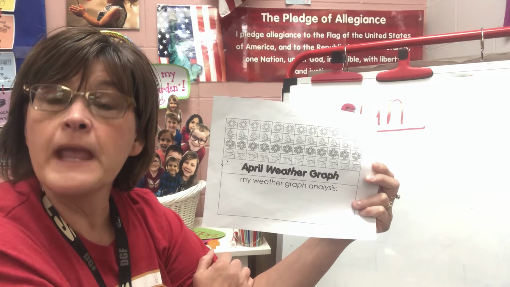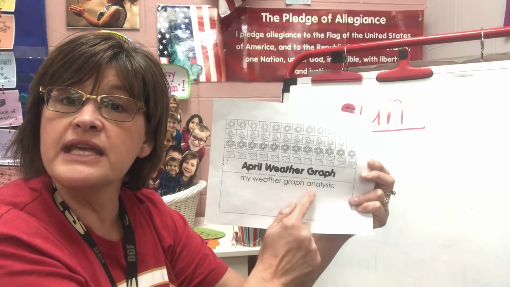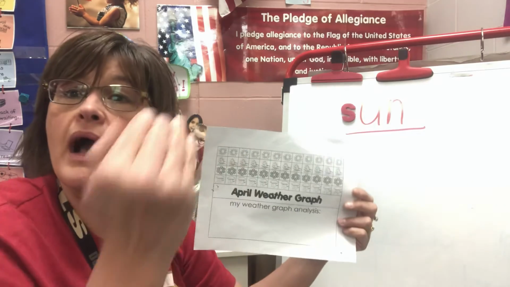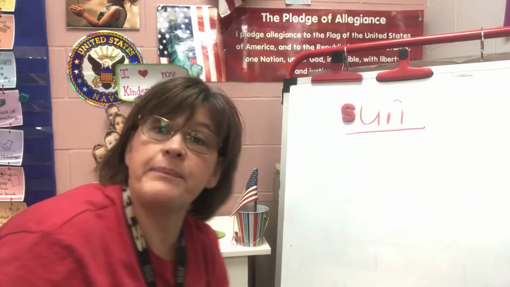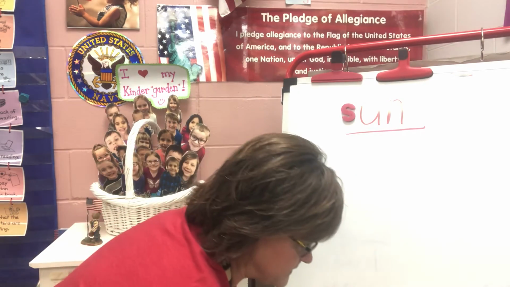You look at all of your information and you decide how you want to tell somebody else about April's weather. Maybe you want to draw a picture that shows tally marks and a sun above it for however many sunny days there were. Maybe you want to do it for each of the different weather types. Maybe you want to write a sentence that says, April had 2 snowy days. I don't know how many you have on your calendar or on your graph, but analyze your data and record your information. And that will wrap up all of our April work that we had.